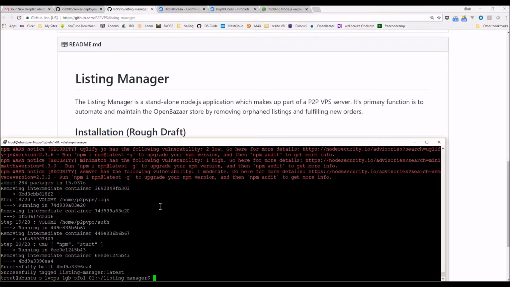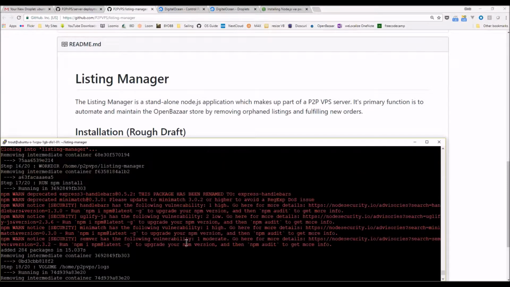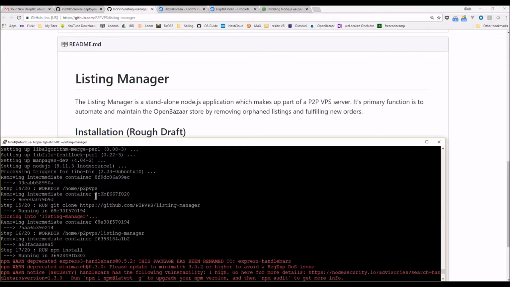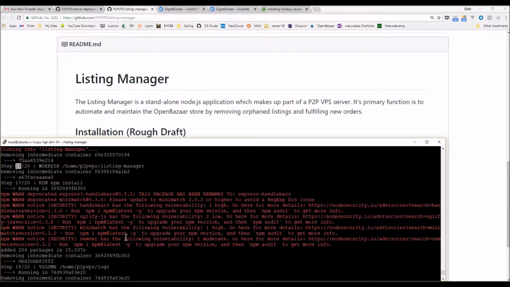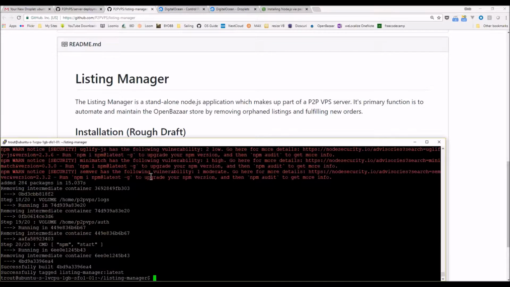Okay, I skipped ahead there because the build stuff is pretty boring. But I want to point out here that as the Docker script builds the image, it's going to put a number by each line like this, 14, 15, 16, out of whatever instructions. If for some reason your Docker image fails to build and you need help, the best thing to do is,